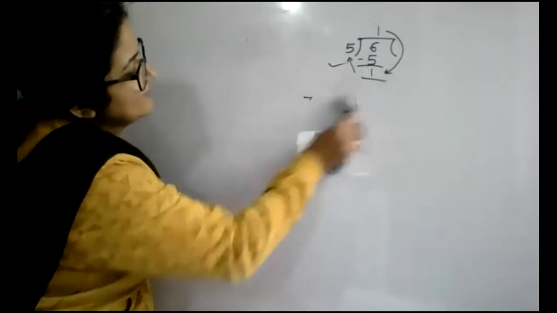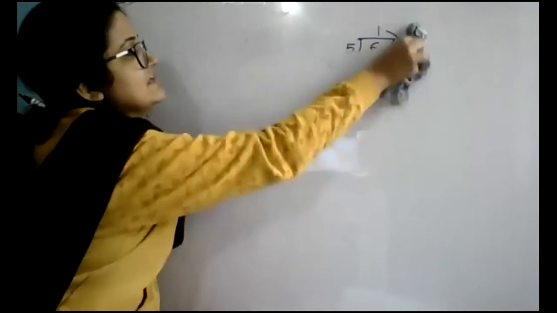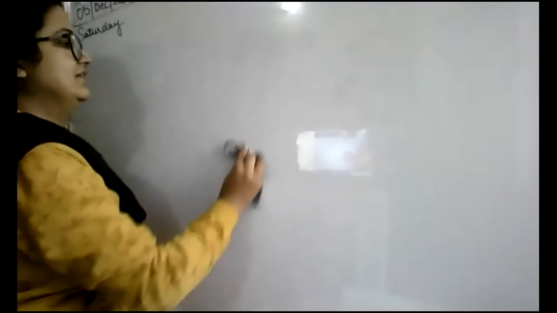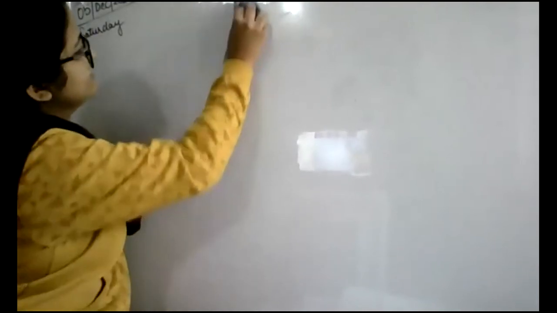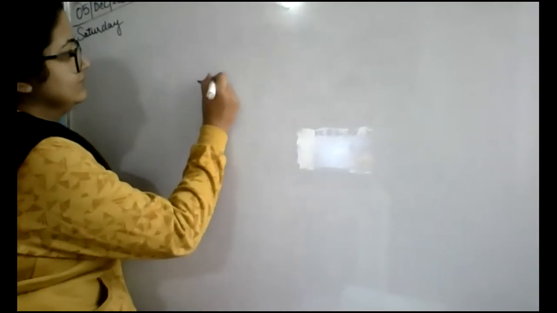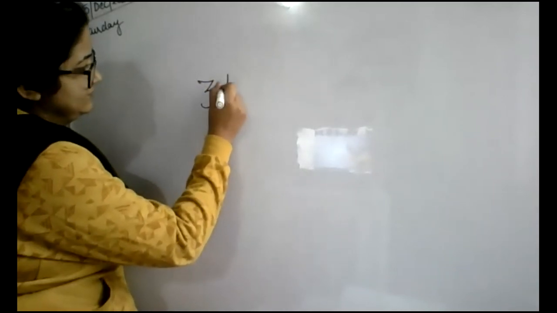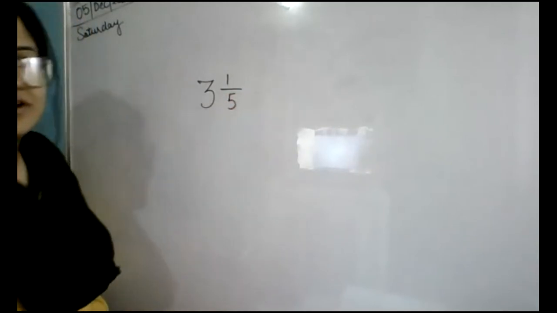Ma'am, can I tell? हाँ, tell. Ma'am, can I tell how to change? Yes, yes. Okay, ma'am. हाँ, जल्दी से बोलो. जब तक मैं रब कर रही हूँ बोर्ड उससे पहले पहले बता देना है. Okay, ma'am. Ma'am, 2 whole number 1/5 is the question. And so ma'am, we will multiply 5 to the 2, 10 plus 1, 11/5 will be the answer.